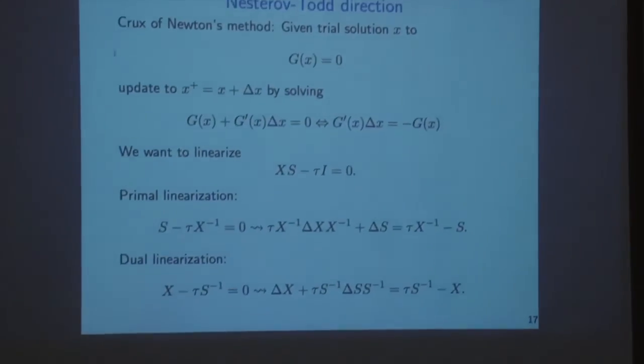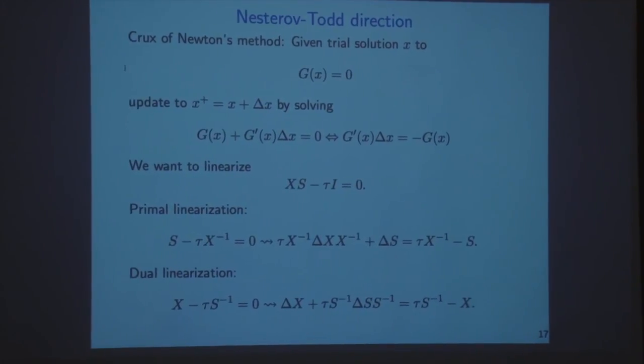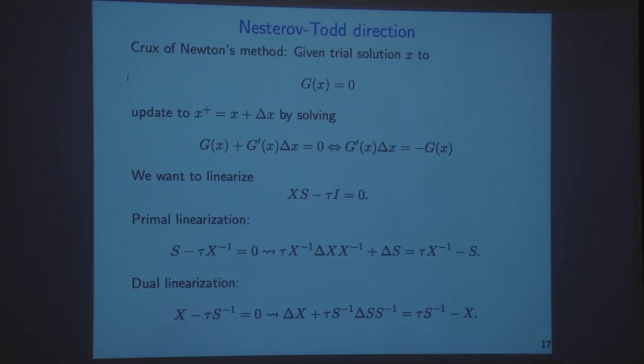One way of doing that is to revisit the idea of Newton's method. The crux of Newton's method is that if we want to solve a system of equations, we linearize and then solve that linearization. There is a way to linearize that maintains the symmetry. Let me show you one. If we rewrite the equation by dividing by x, as s minus tau x inverse, and now we linearize this,